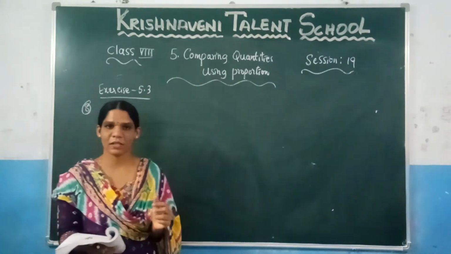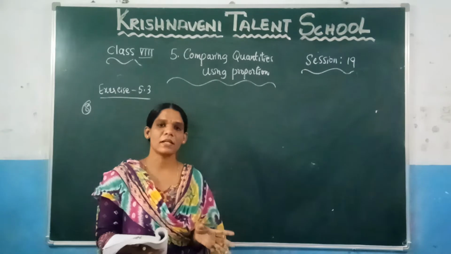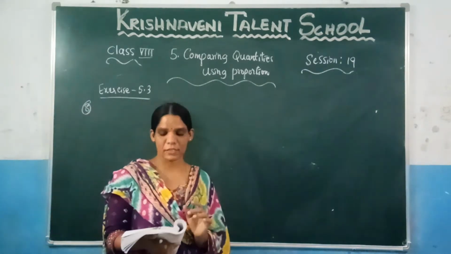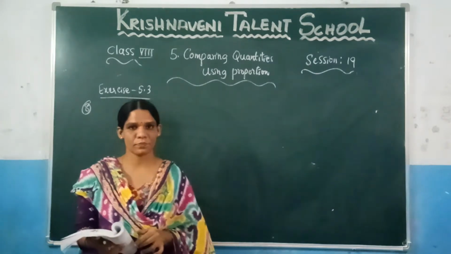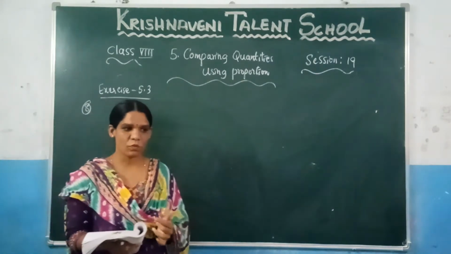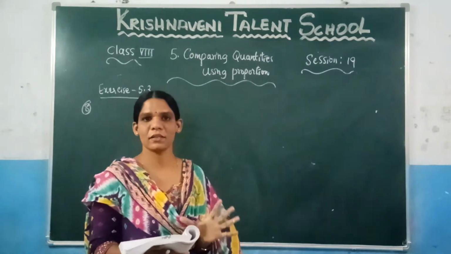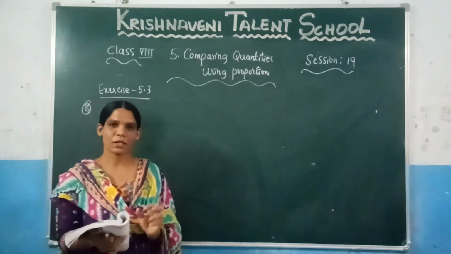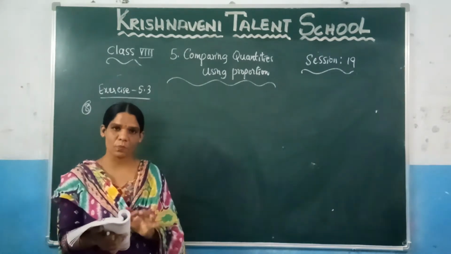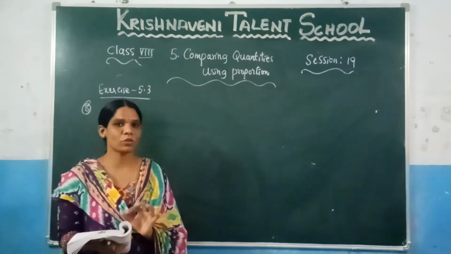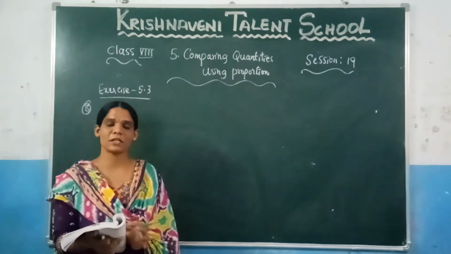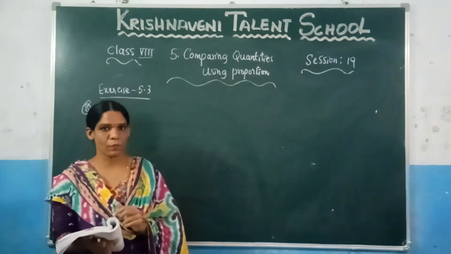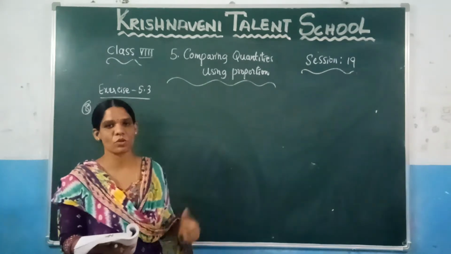So what they have given here: Arif, one person is there. He took a loan of 80,000 rupees from a bank, and the bank has charged 10% per annum. And what is the time period? 1.5 years. He has taken the loan for a time period of 1.5 years. Now based on this, you need to find the compound interest annually, and you need to find the compound interest half yearly. So they ask to find the difference in amounts.